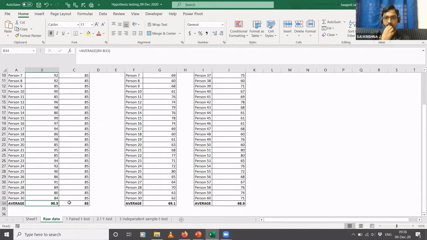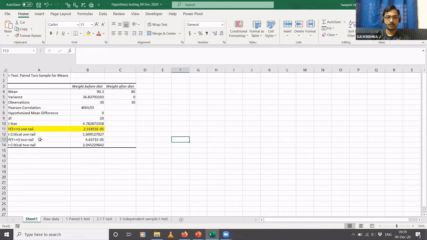There is also a chance that the pill might end up increasing the weight. So your result can go in two directions: a positive direction where it increases the weight, or a negative direction where it decreases the weight. In those situations, you check for this P of two-tail.